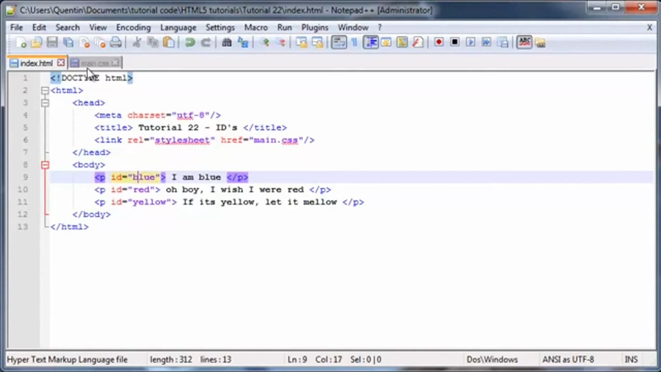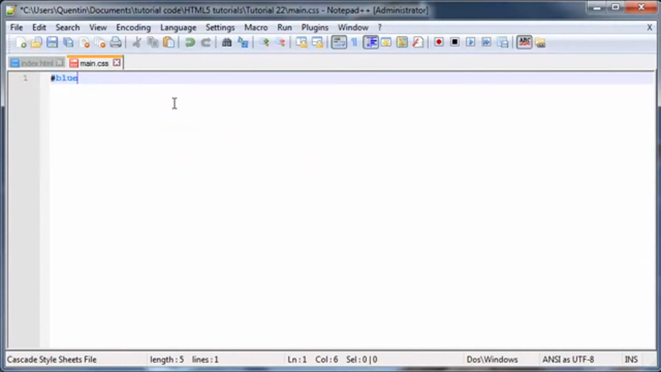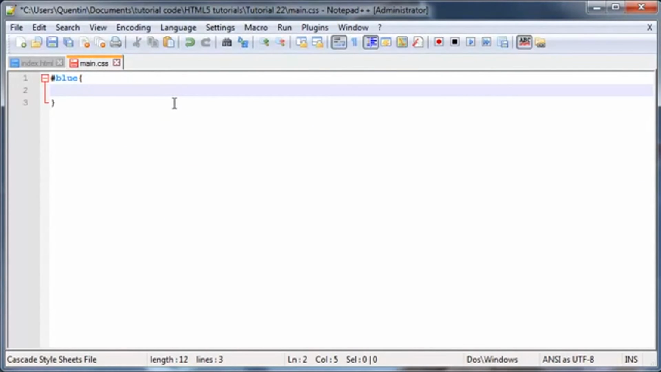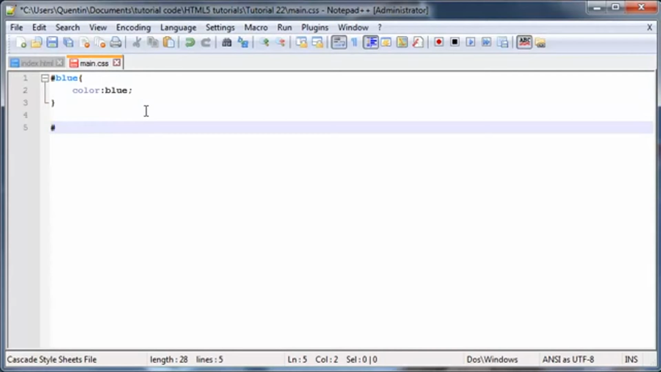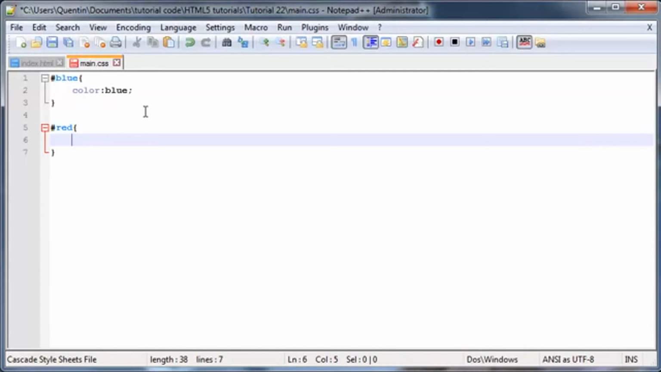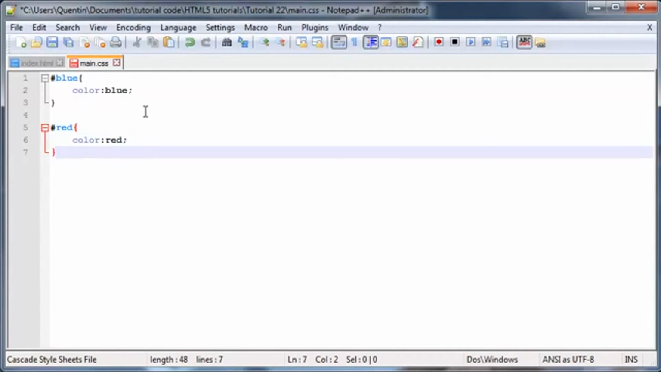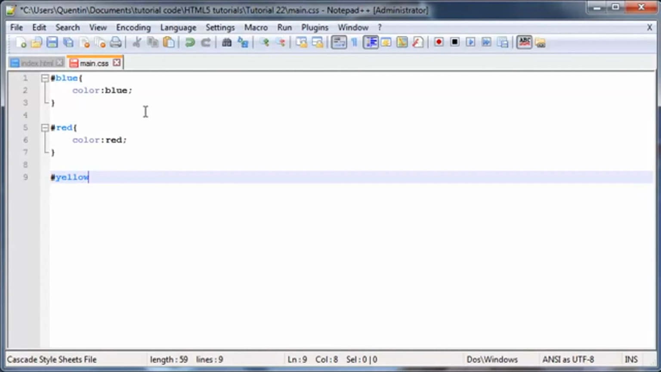So my first ID is blue, so I'm going to go ahead and put in blue over here, and now I can style my first paragraph. And I think what I'm going to do is just change the color to blue, and then we'll go ahead and style the red ID, so hashtag red, and that'll change the red ID. So we'll go ahead and say color, easy on the caps lock over there, color red, and then the last one, well, we've got to select the ID of yellow,